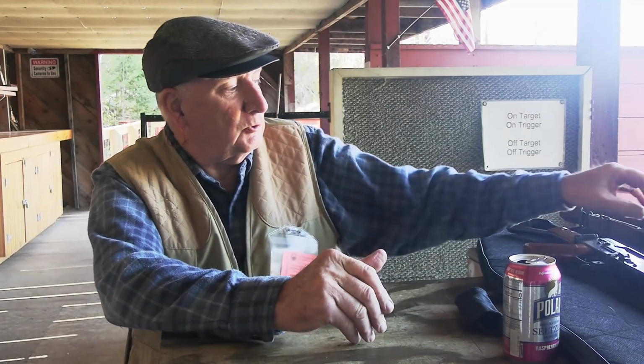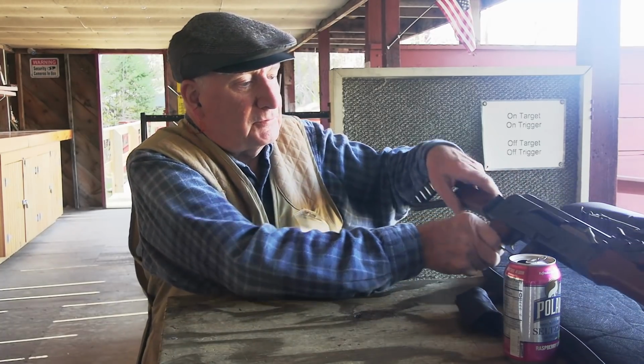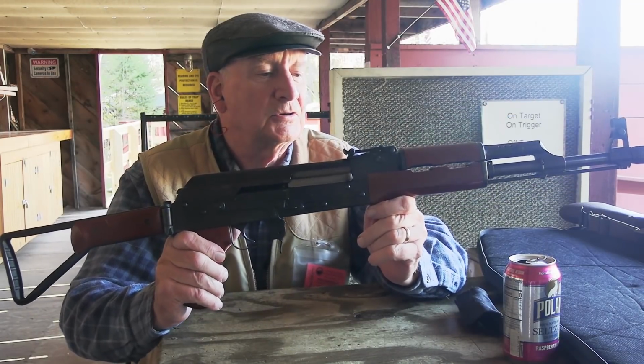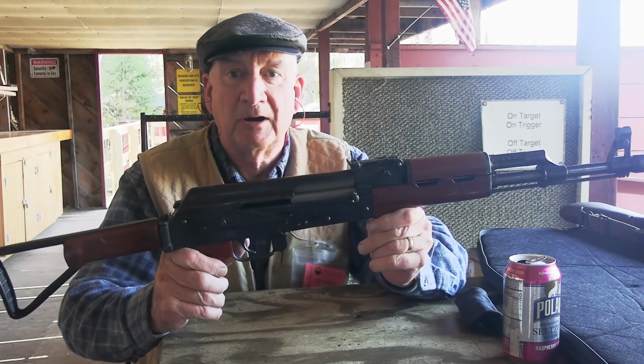Welcome back. Today I'm going to be talking about two 7.62 caliber rifles of different lengths that have distinctly different uses, and yet were actually produced in the same era